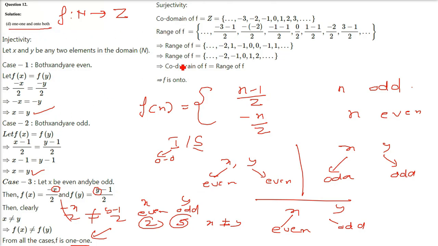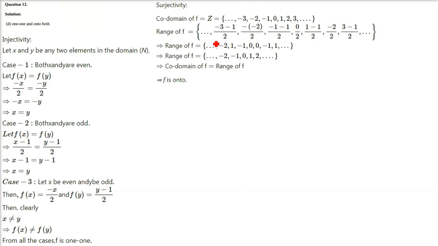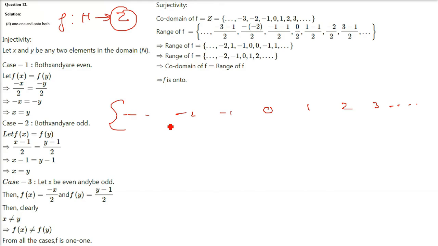Coming to the surjectivity. So how to go about surjectivity? Let me just clear it. Okay. So in the question it is clearly given that f is from N to Z. The codomain, this Z, is integers. What do we mean by integers? 1, 2, 3, negative 1, 2, 3 along with 0. There will be no fractional value or decimal value. These are integers. This is your whole codomain.